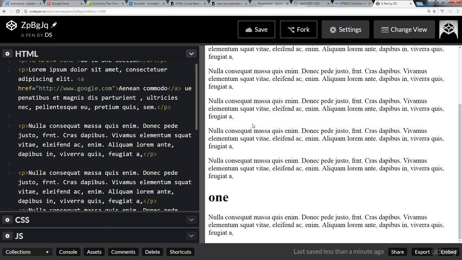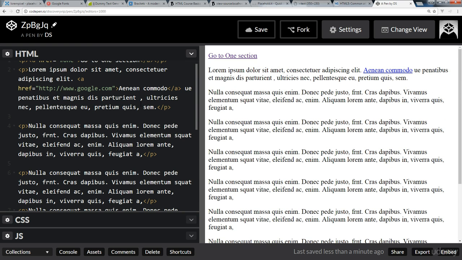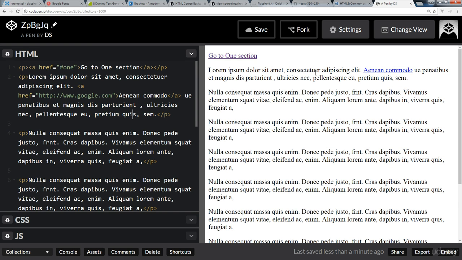But we see that this gives us the ability to actually anchor different sections of our website. Very useful part of hyperlinking. So as I mentioned,